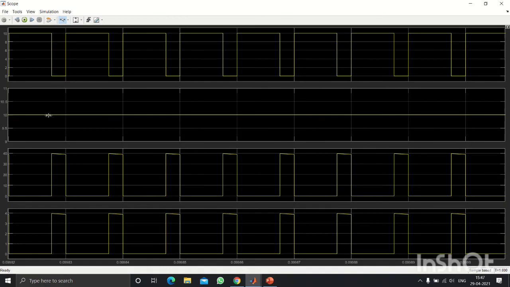When the gating pulse is off, that means when the chopper is off, the output voltage will be higher than the input voltage. See, we can see that the input voltage is 10 volt, as we can see in the second graph. We can see that the output voltage pulse amplitude is 40 volt. So basically the circuit amplifies the input voltage. It amplifies the input 10 volt to 40 volt. And we can see the output current. Output current is in the same phase as the output voltage, since it is a resistive load.